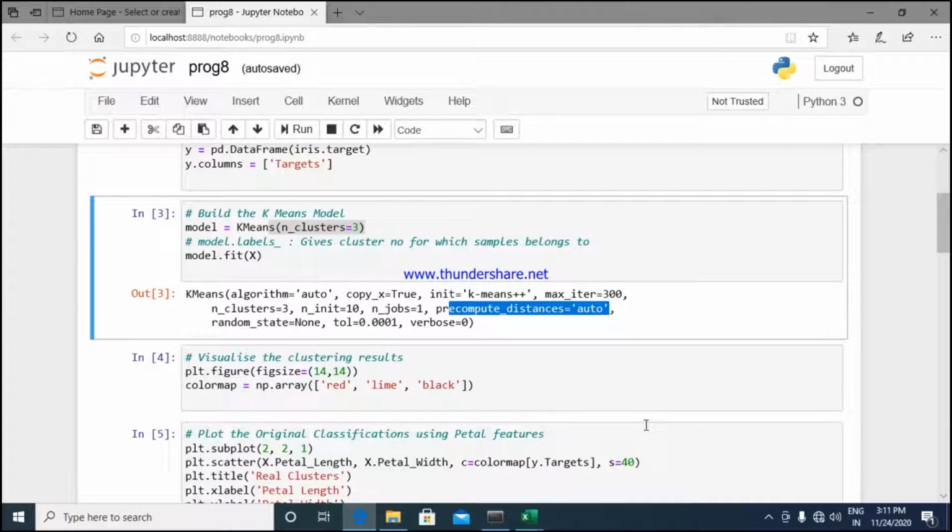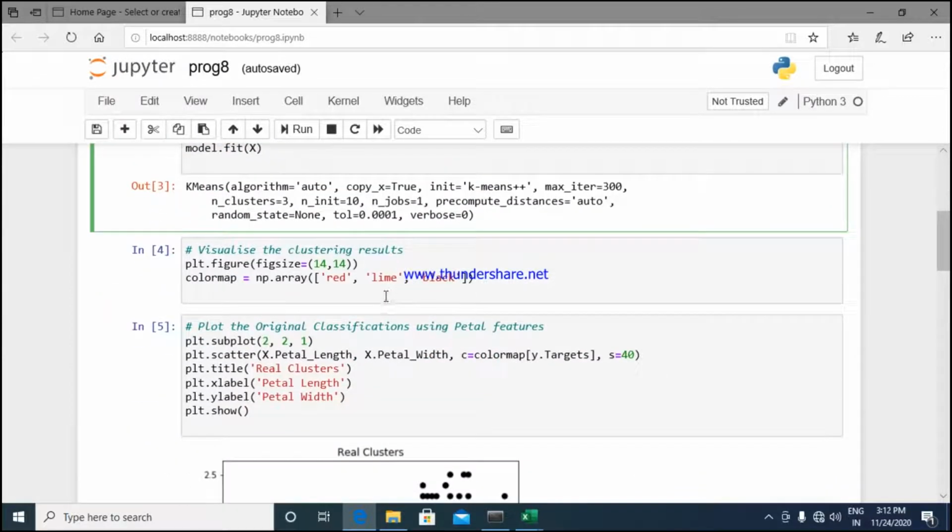It can be the distance, it can be the centroid and all those things. It has to calculate the values by itself. Then random_state is None, tol is 0.0001 and verbose is 0. These are the different attributes available in k-means. Here I am only restricting the cluster value to 3.